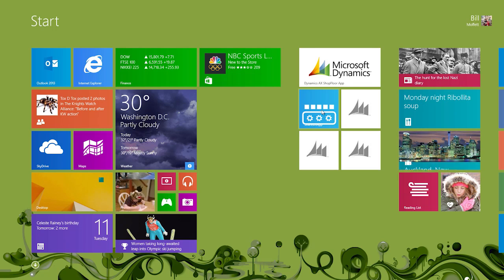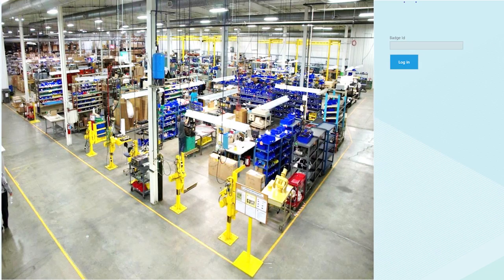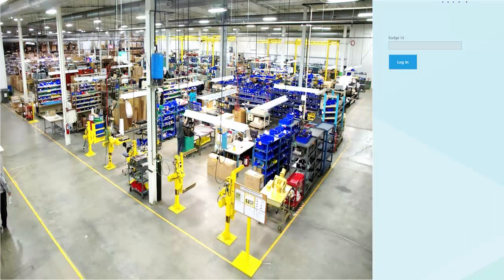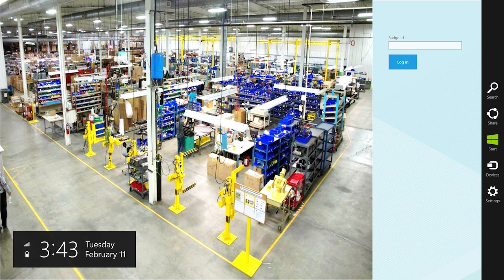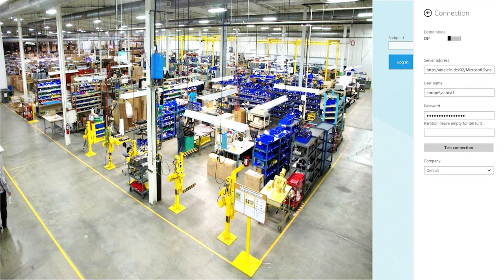To start the shop floor control app, the first thing we need to do is simply click on the icon, and it will pull us up to a login screen. Now, while we're looking at this, we can actually go over some of the setting capabilities that you have here. And we have different connection settings that you can click on. Certainly the demo mode capability, where literally you can use this app offline without any kind of connection to the internet. It will provide updated information and new data every time you log in, so you're working with a constant